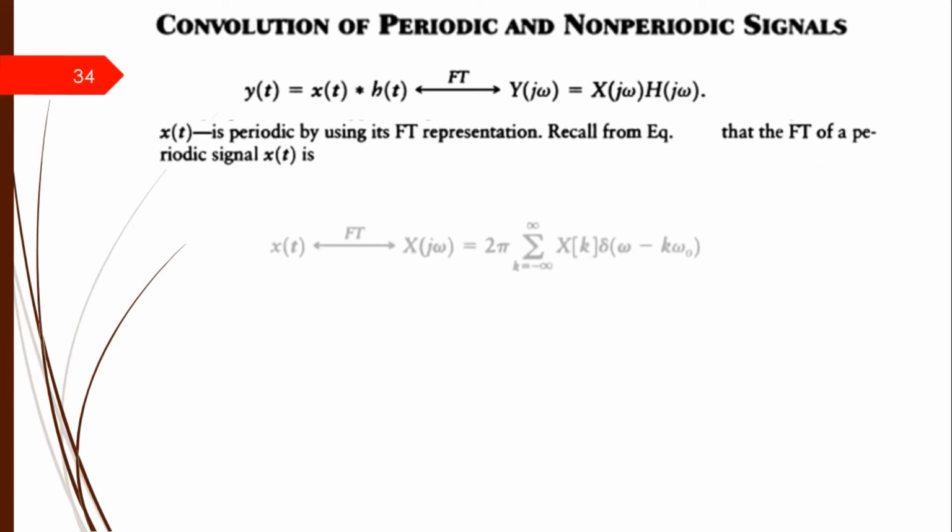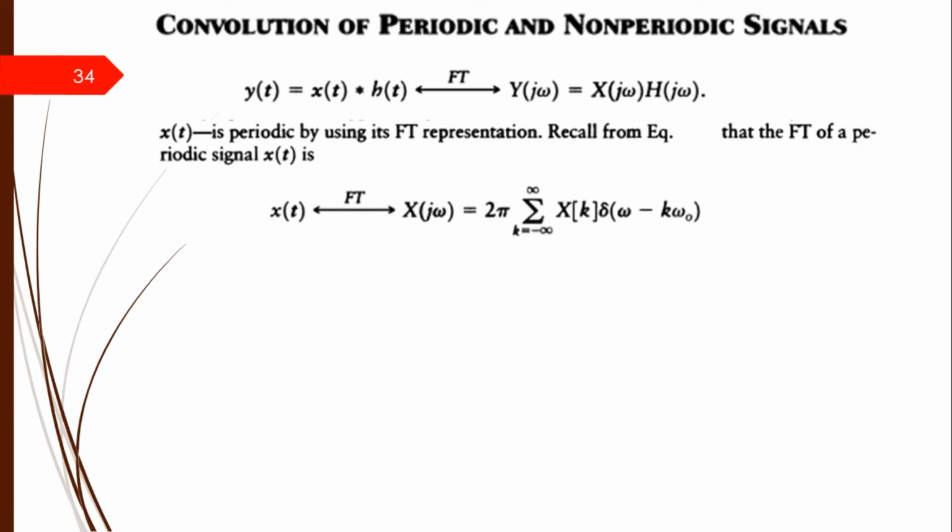To summarize the previous session, this is what we studied about the convolution of periodic and non-periodic signals. y of t is equal to x of t convolved with h of t in the time domain. If you take its Fourier transform, in the frequency domain it will be a multiplication operation, capital X of j omega into H of j omega. Here x of t is a periodic signal, and we are representing it in terms of Fourier transforms by using the relation between FT and FS. The relation between FT and FS has been shown here. You have the FT coefficient here, you have the FS coefficient here,